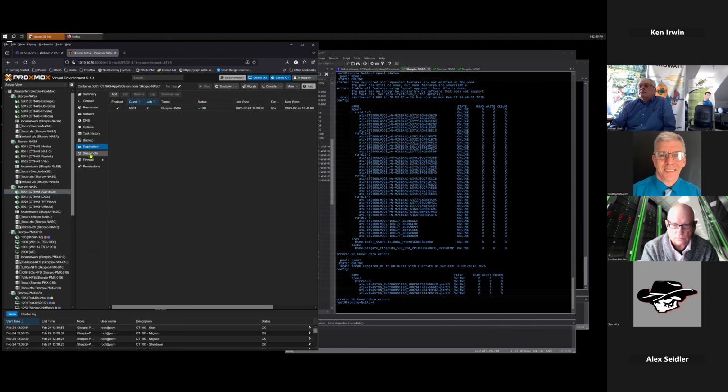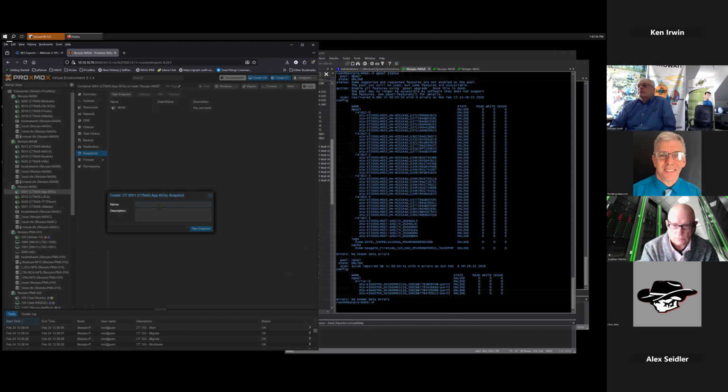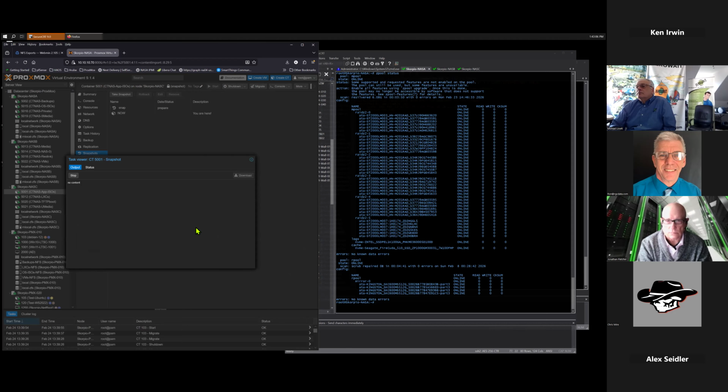You can also set up snapshots here so that you can take a snapshot at any given time, and it'll just take the snapshot, and the snapshot's instantaneous.